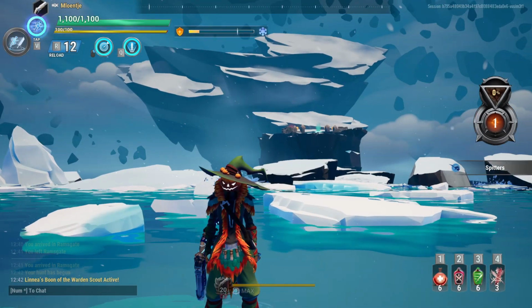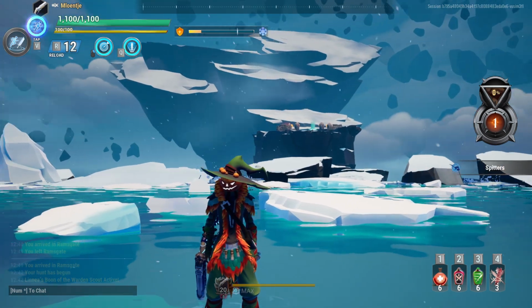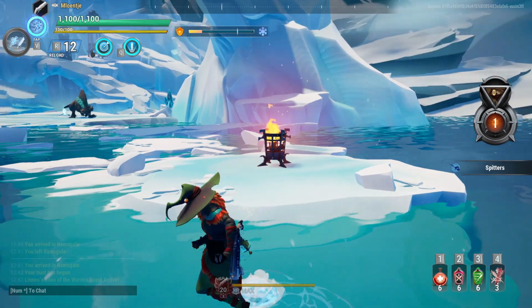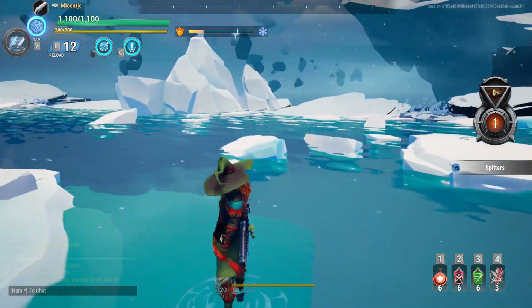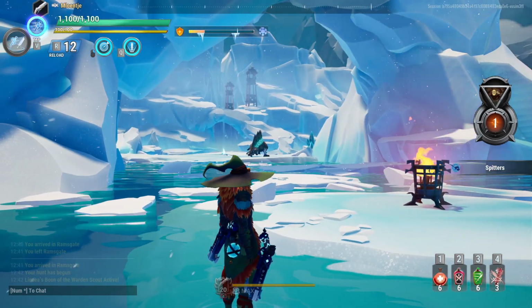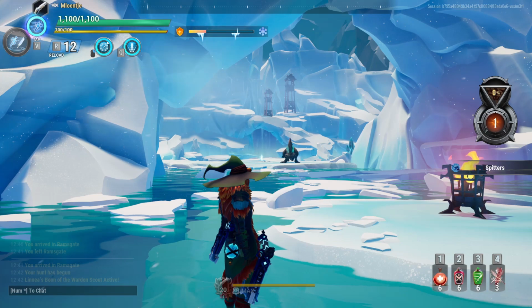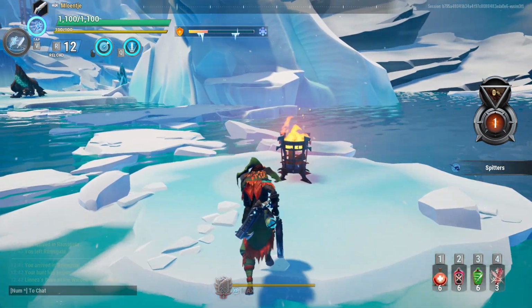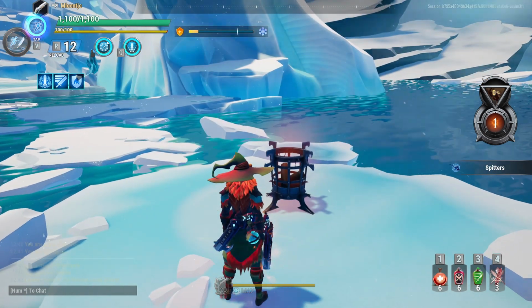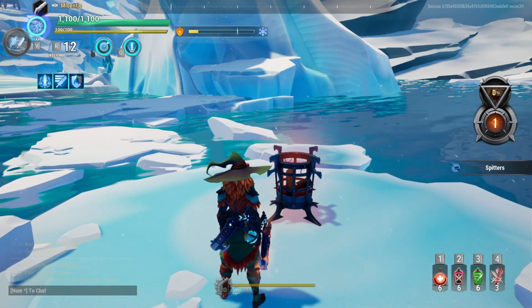So with a new debuff, there have to be ways to counter this Frostbite. One of the ways to counter the Frostbite are these braziers that are all over the entire island, but they're not at the venues where you will be fighting the behemoths. What happens when you go close to a brazier is that the flame will be absorbed, and as you can see at the top,